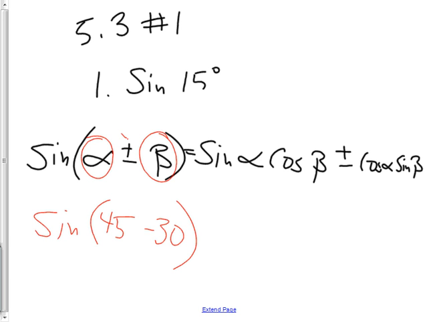So if it's sine of 45 minus 30, because 45 minus 30 is 15, then I'm going to do sine of alpha, and what was alpha again? 45 times cosine, notice me changing colors, cosine of beta, which is 30, and then, minus plus plus minus, is it the same sign? Yeah. See how it's important right now to know that I used a minus and this is the same as this, so I should use the same sign. Minus